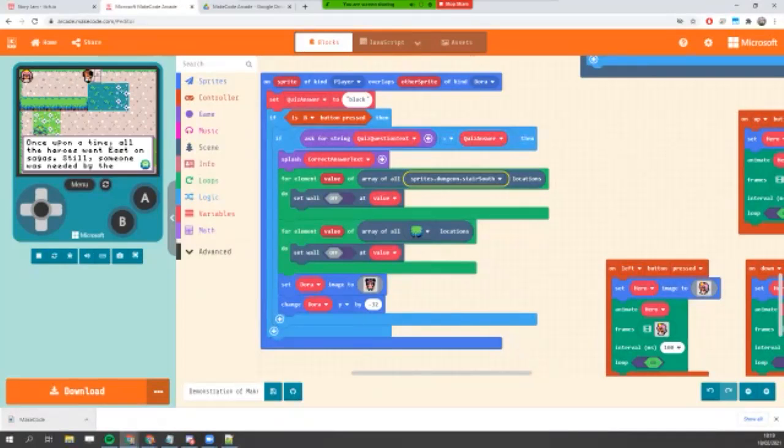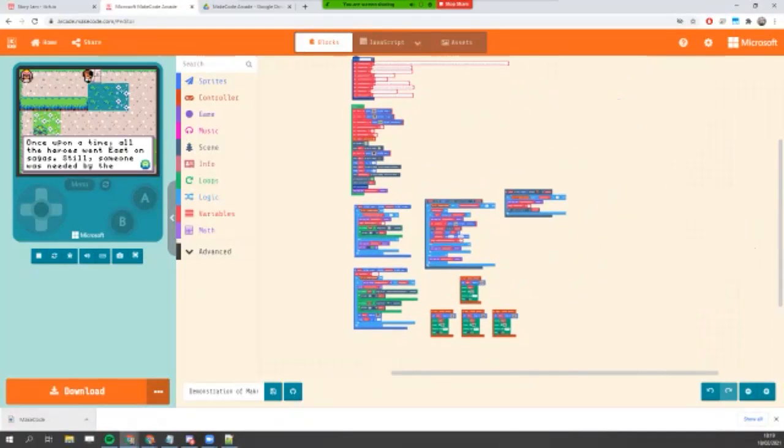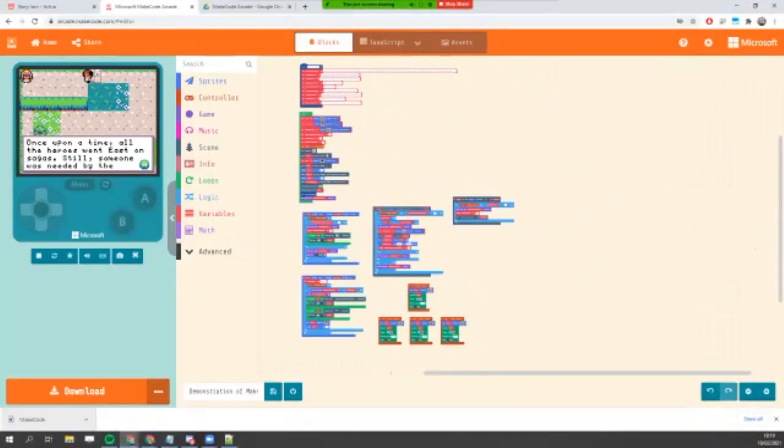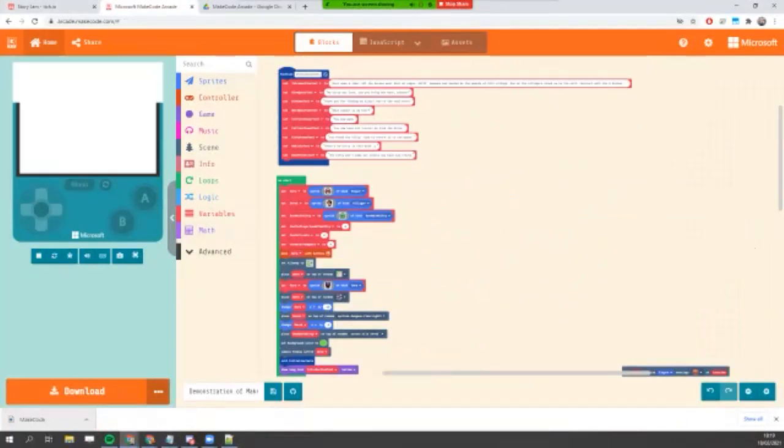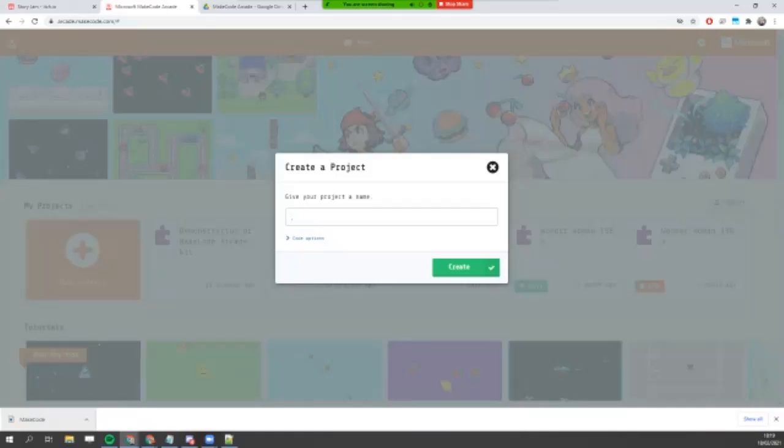And that's the game. That's the game that we're going to be making using this kit. And this is how the actual interface looks like. As I said before, this took me about a day to put together using the blocks that are here. So now, if we go back home and create a new project, demonstration 18 Feb,